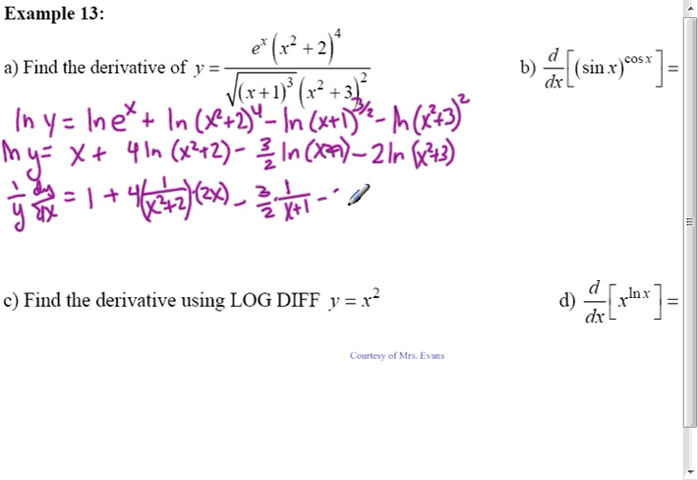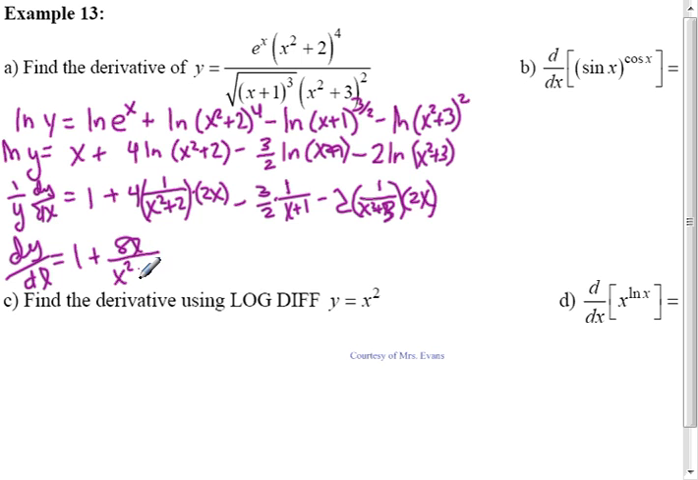And then we have minus 2 times 1 over x squared plus 3, times the derivative of the inside, which is 2x. Okay, and we still have to solve for dy dx. So let's rewrite some of this. dy dx equals 1 plus, and I'm going to combine this here, so I'll get 8x over x squared plus 2